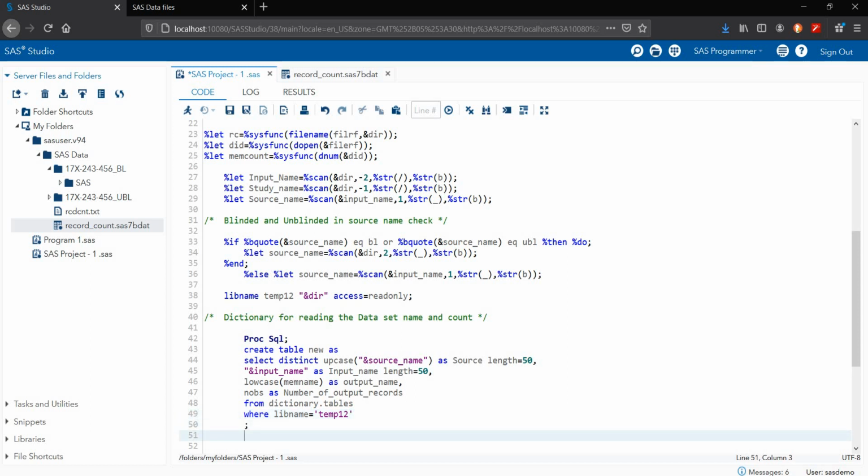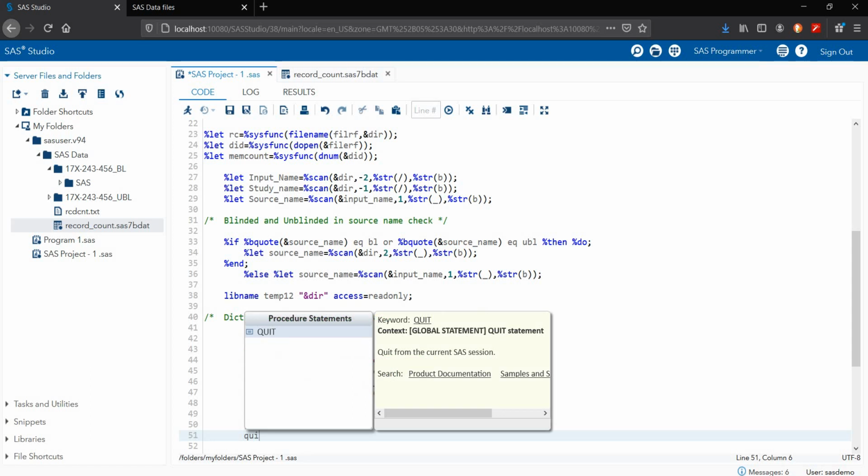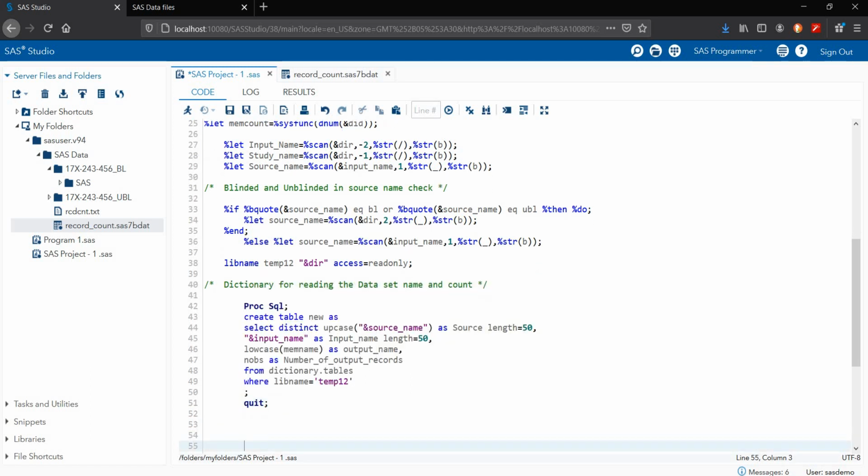Now close this one, then the quit statement, because this is my proc SQL command.